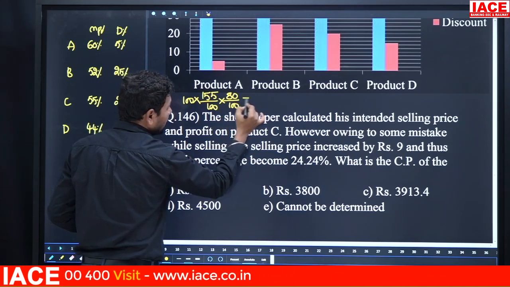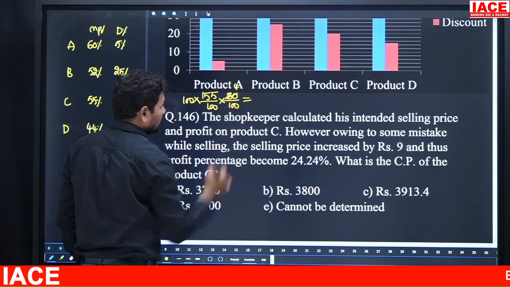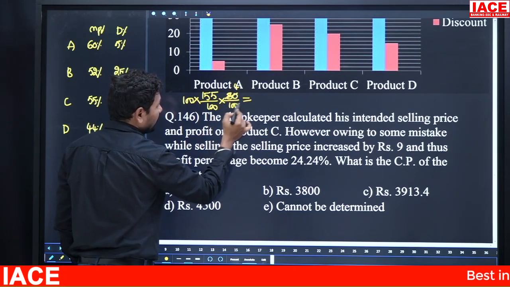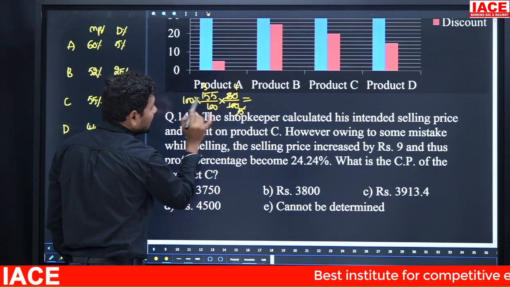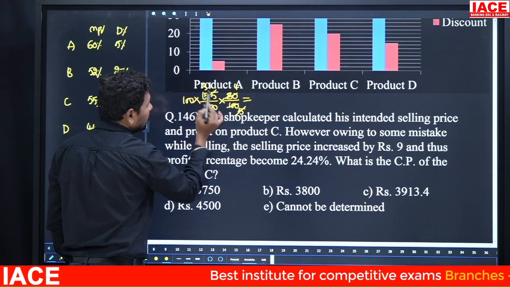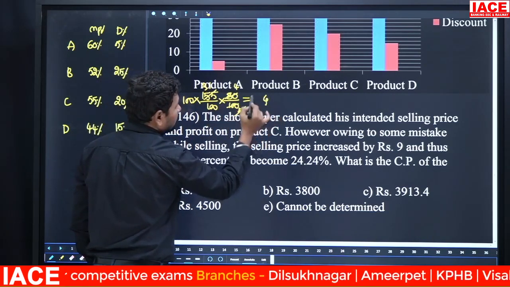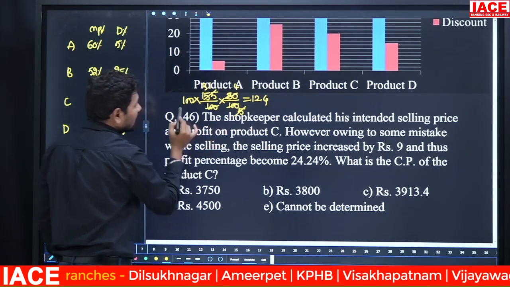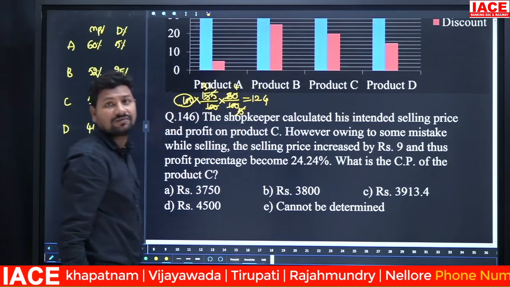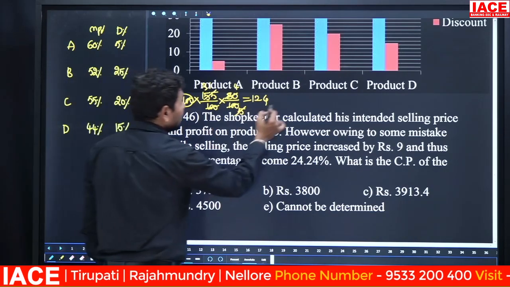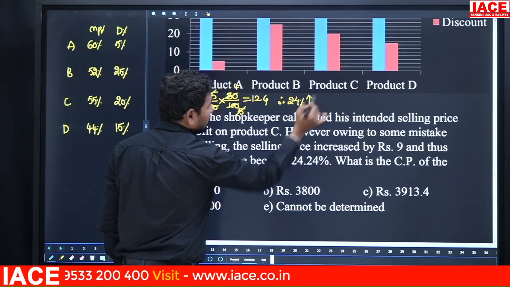Cancel the measurements. 20 24s and 25s. 25s and 5 to how many times? 5 3s is 15. 5 1s are 5, and 31 into 4. 31 into 4 is equal to what? 4 1s are 4, 4 3s is 12. Then basically this product is a 100 rupees product. The 100 rupees product finally reaches 124 rupees, which means how much percentage profit? 24% profit.